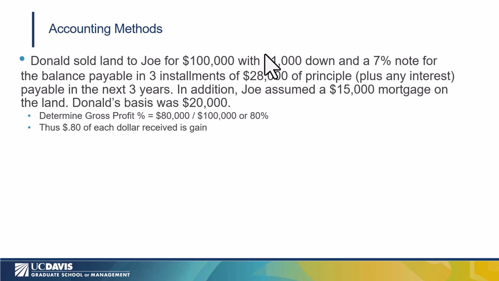Okay, so now we've got Don selling the land to Joe for $100,000, $1,000 down still, but now 3 payments of $28,000 of principal, because Joe is assuming a $15,000 mortgage on the land. So the total proceeds are still $100,000, right? It's the 1,000 plus the 3 times 28,000 plus 15,000 of mortgage gets us to the 100,000. Again, basis was 200,000. So if we determine the gross profit percentage under the old method, the one that we were used to, it would be 80 cents of gain on every